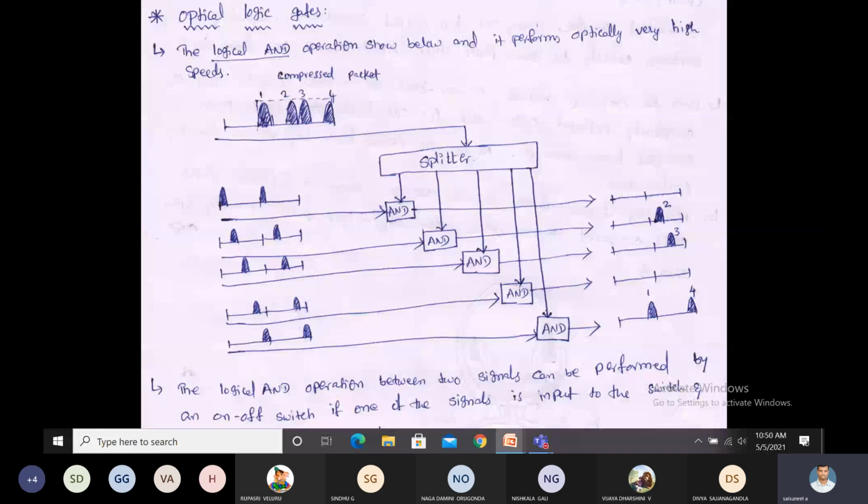See this one. From here to here is 1 bit period, and this is another bit period. Suppose for each bit period we assume 5 light pulses. In the first bit period, the first 4 bits are 0 and the last one is activated. In the second bit period, the first one is 0, the second and third are activated, the fourth one is 0, and the fifth one is activated. In total 4 pulses are present. For each bit period, we assume 5 pulses.